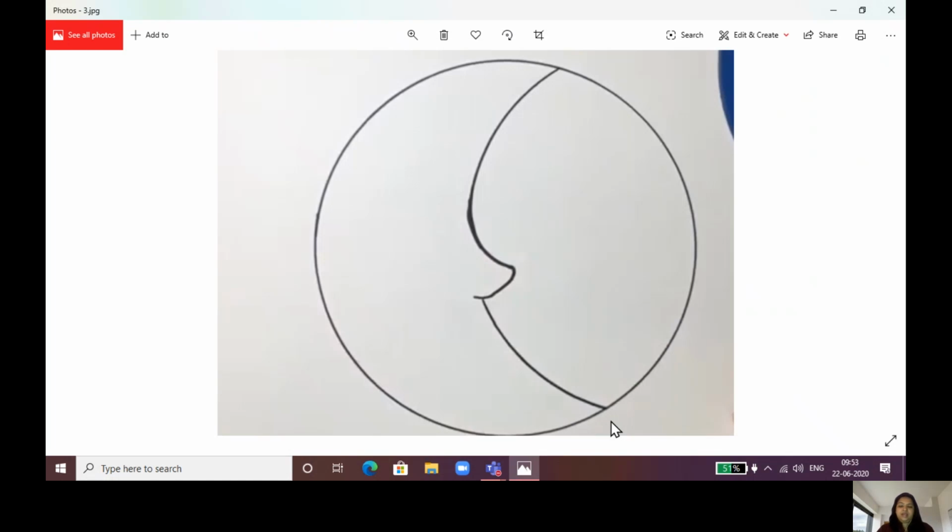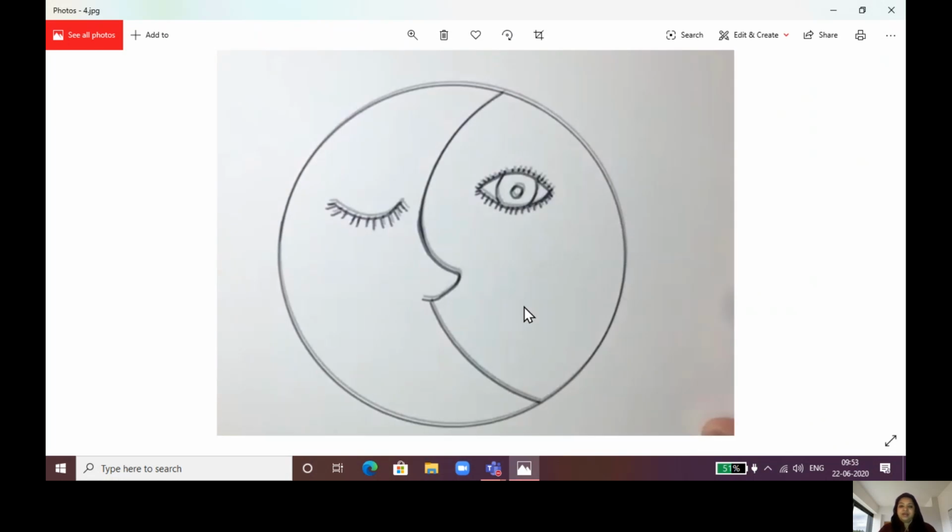You can do that anyhow. So with this nose and with this line, we have divided our circle into two parts. Now you are getting why I was showing all the divided images to you.